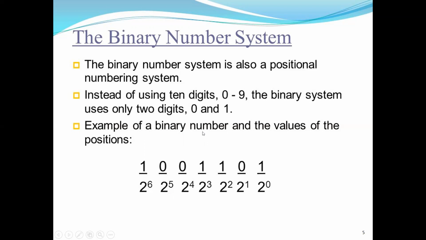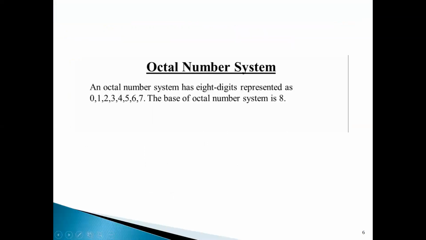The third number system which we had studied was the octal number system. Now with the word octal, you must have understood it will have 8 as the base. So the digits will start from 0 and end at 7, and if you count all these digits, it will be 8. So the octal number system has the base 8.